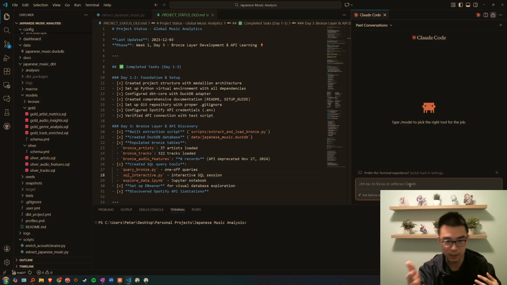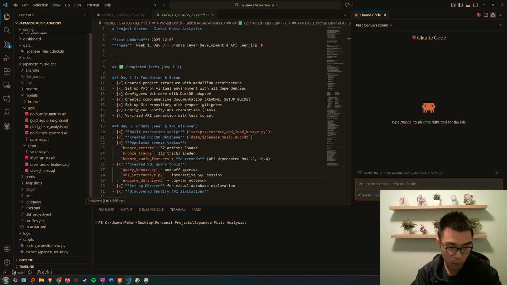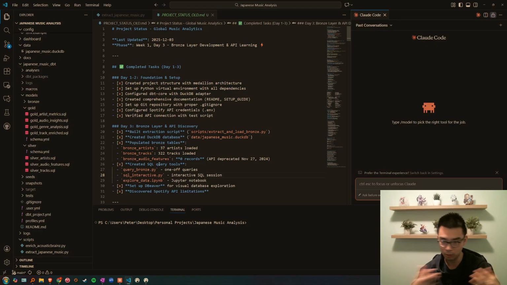When you're chatting with this Claude Code terminal here, you're essentially asking it to look at your code base as well as English, your knowledge base, in the form of your README file or your project timeline, whatever artifacts that you may create. So we can reduce a lot of hallucination that way.